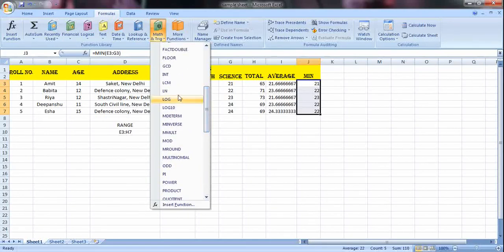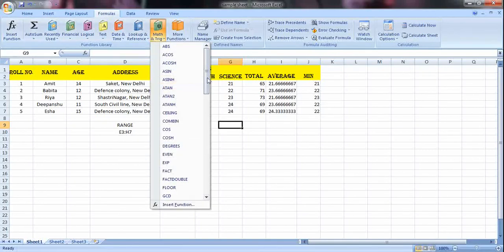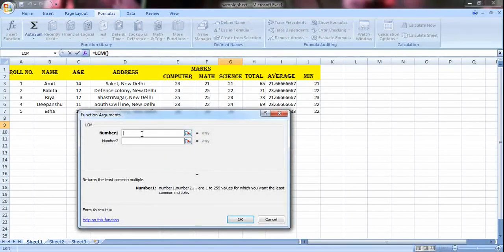So there is also LCM. Let us calculate LCM of two numbers. So let's say I want to write LCM of the number here. So just go and click on this cell. Then go to mathematical and trigonometry formulas. Just scroll down to LCM and there you go. You can enter the numbers.